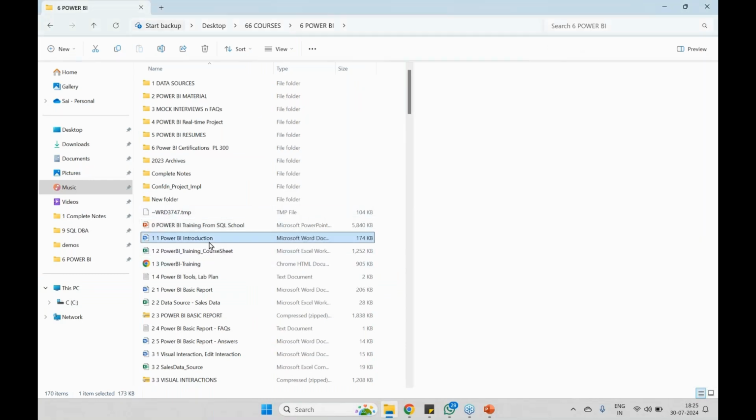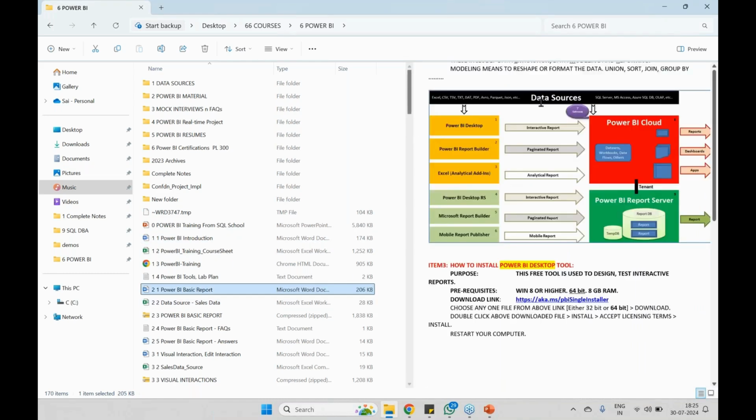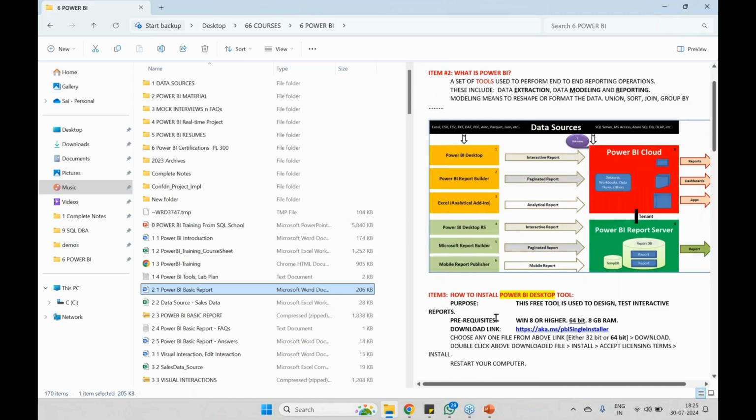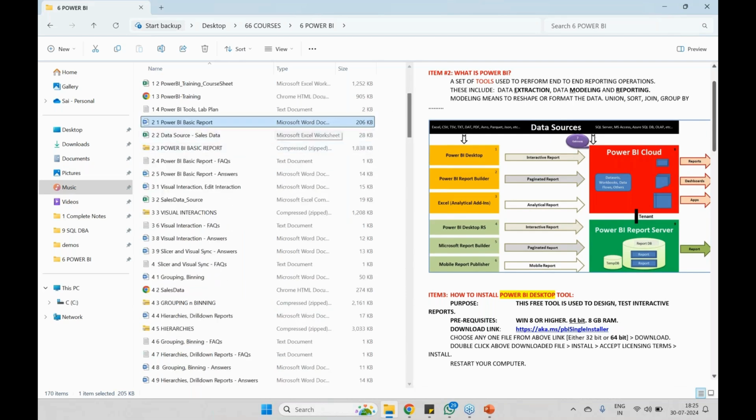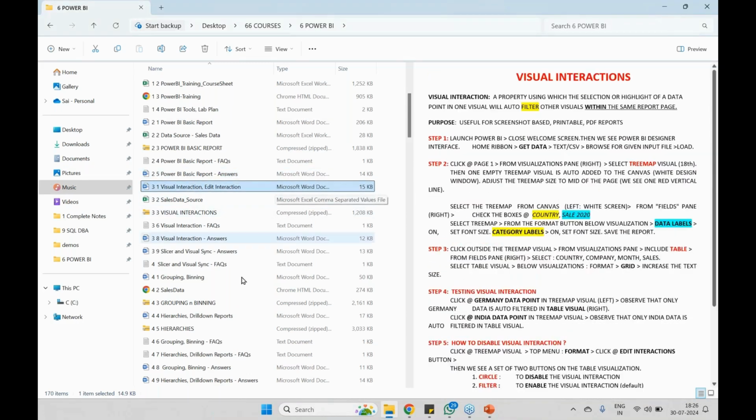So we'll start with introduction first. We understand what is Power BI and the tools involved. We are going to step into reporting right from the basics, right from the scratch we'll do. Right from the installation we are going to start. And then after basic reports, we go for visualizations,